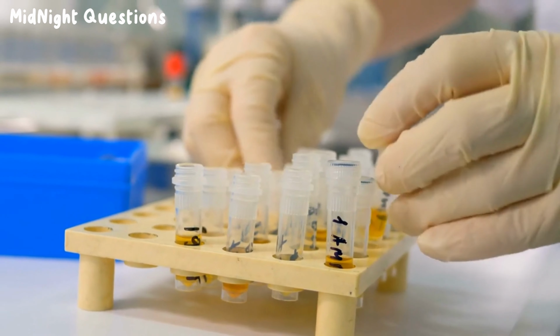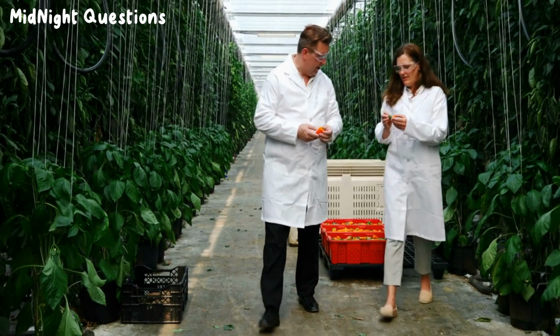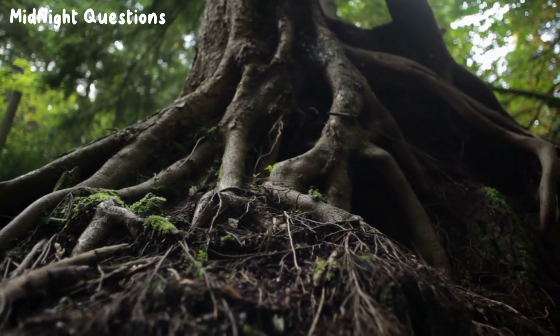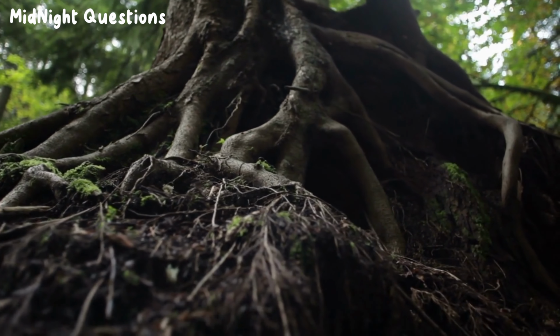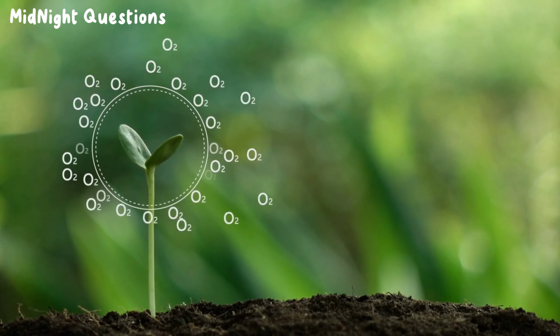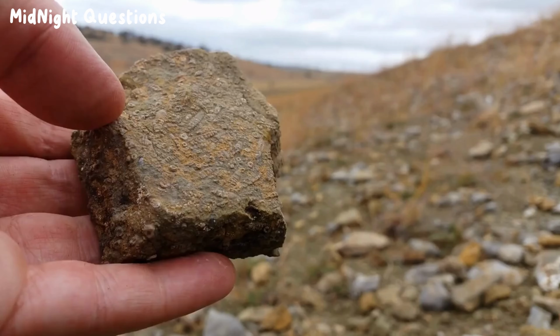Dendrochronology. This method uses the patterns of tree rings in wooden objects to determine their age. Since each ring represents a year of growth, scientists can match the patterns of rings from different trees or objects to create a chronological sequence. Dendrochronology can also reveal information about climate, ecology, and forest history.